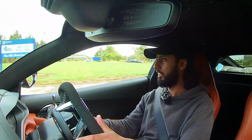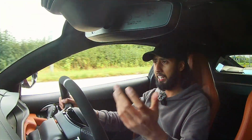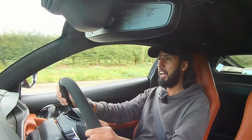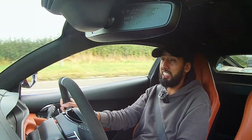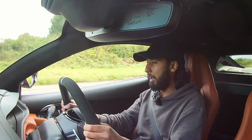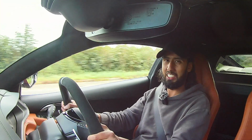It costs, we're talking in the region of £80,000, so it's a lot of money for a car of this class. When you compare it to cars like the Cayman, the BMW M2, the Alpine A110, this is more expensive than them, but it certainly feels and looks more premium as well. It looks like a supercar. Those cars, you get better storage from them, you get slightly better practicality, but this one has the drama,